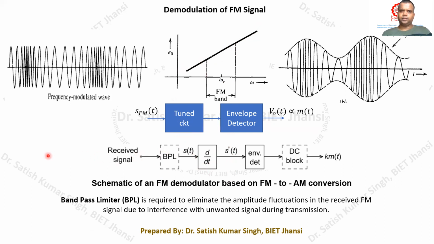Now try to see how the same works, because we have already seen that by having a differentiator circuit, like an op-amp based differentiator circuit, you can pass the signal through it and get the AM and FM modulated signal, and later on you can pass it through the envelope detector to get the message signal as the output.